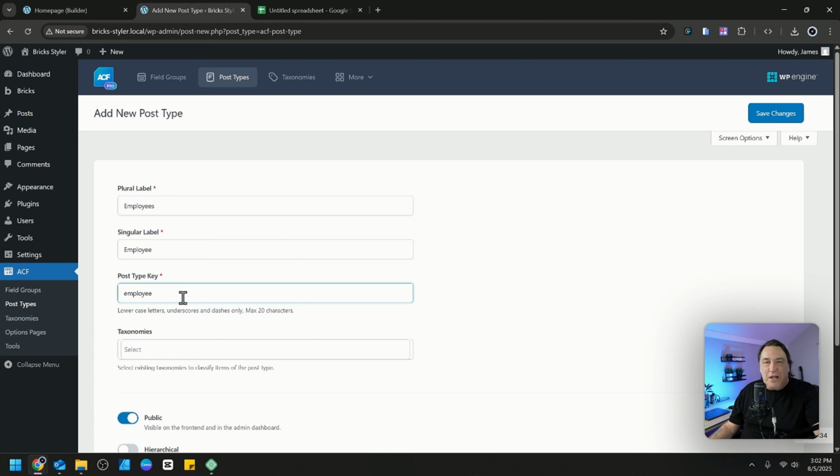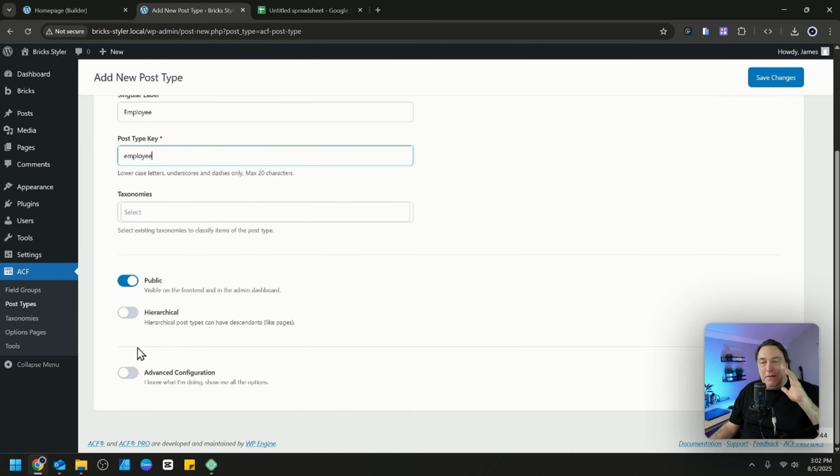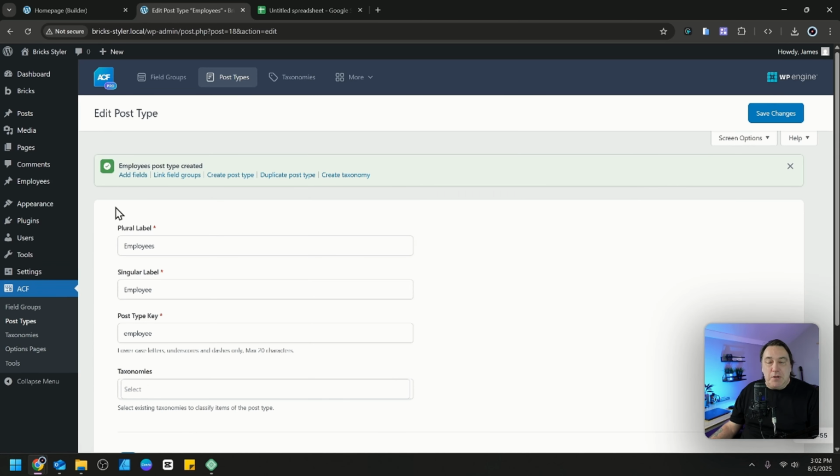Just let it generate its own post type key. Again, it'll typically be your lowercase version of your singular name. And for right now, that's kind of all we need to do. Although, let's go ahead and actually save that and just see what happens already. So now you'll see that there's an employees. And if I go to add a new employee,